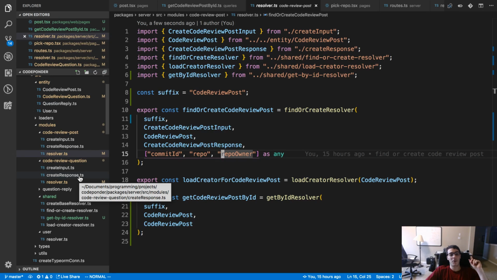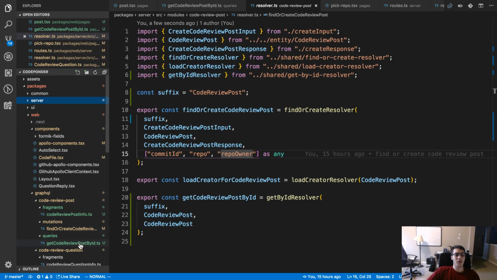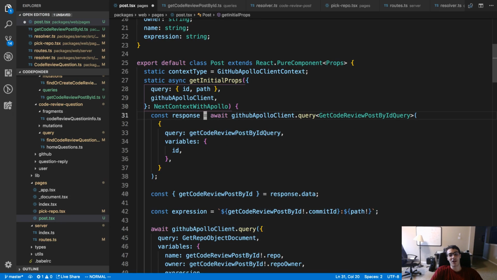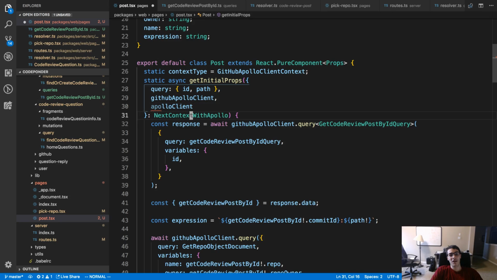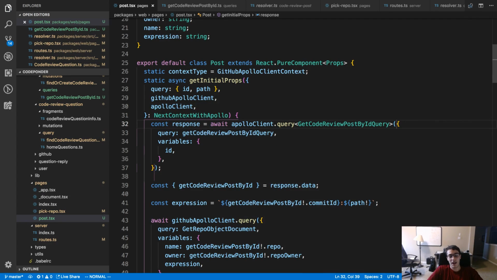Guys, I know the problem. I was just being a noob. Notice how I'm using the GitHub Apollo client. I knew this would mess me up where I'm just using the wrong client. We need to be using the Apollo client because we're hitting the wrong GraphQL API. We don't want to hit the GitHub API for this particular query, but we do for this query.